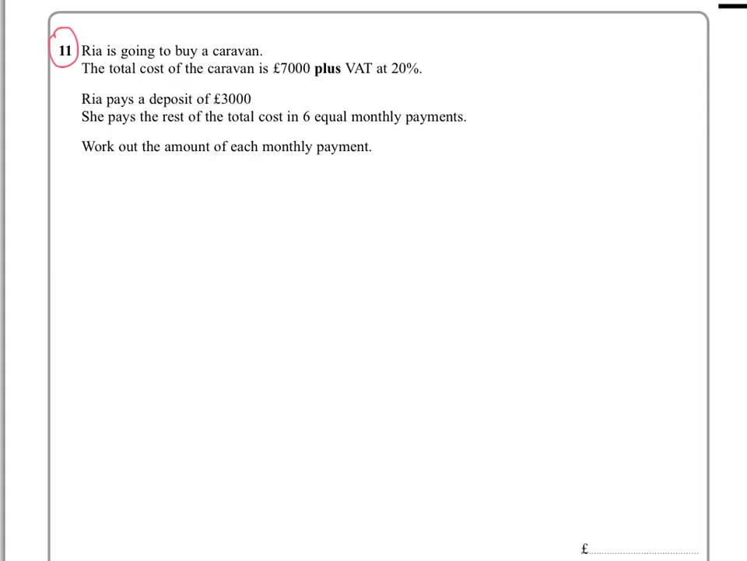Number 11, we're going to buy a caravan. The total cost is £7,000 plus VAT at 20%. We pay a deposit of £3,000 and the rest in 6 equal monthly payments. Work out the amount that we pay each month. Well, there's a few different ways through this, but I think we'll go this way. £7,000 plus VAT at 20%. Well, we need to know then 20% of 7,000. So 10%